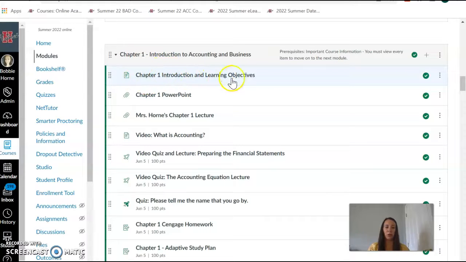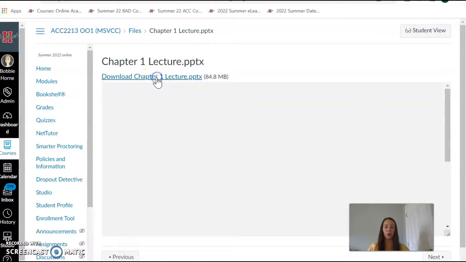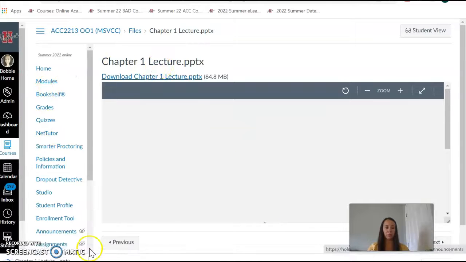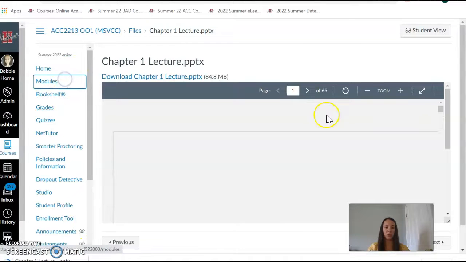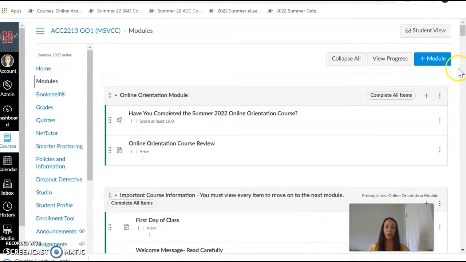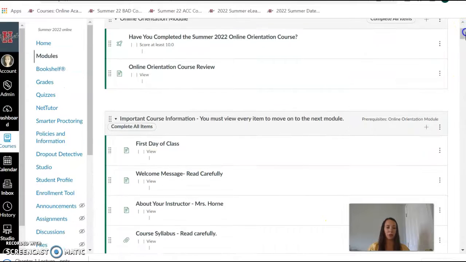You have your introduction and learning objectives, the PowerPoint, the lecture. In order to hear the recording of the lecture, you open the PowerPoint and you click on slideshow and play from beginning. I'll show you that in just a second because sometimes students don't realize there's a lecture in that PowerPoint where you can actually hear me going over the content.